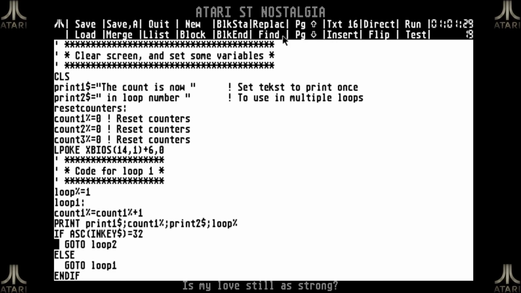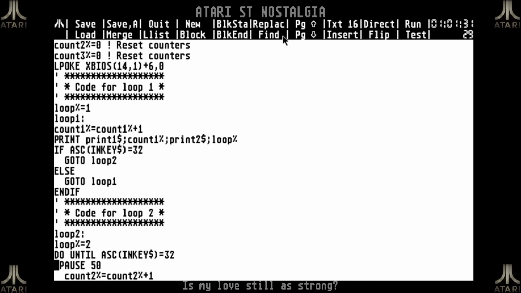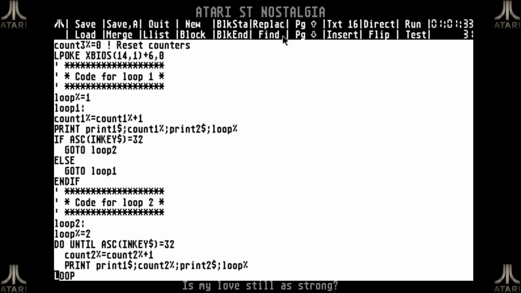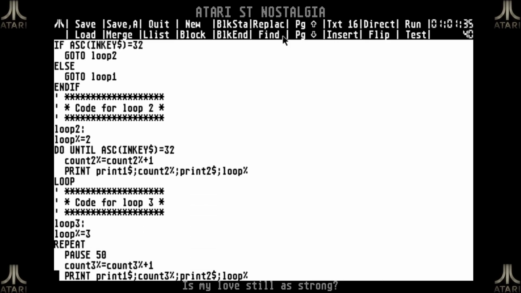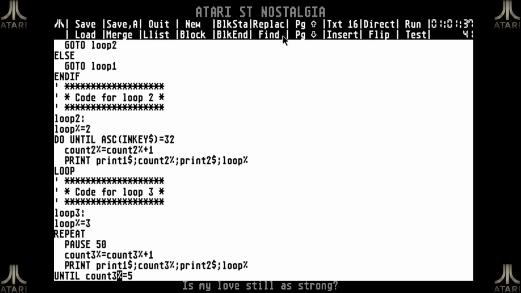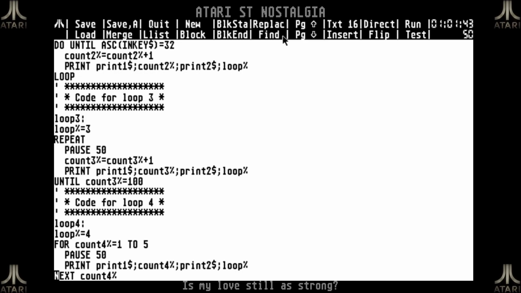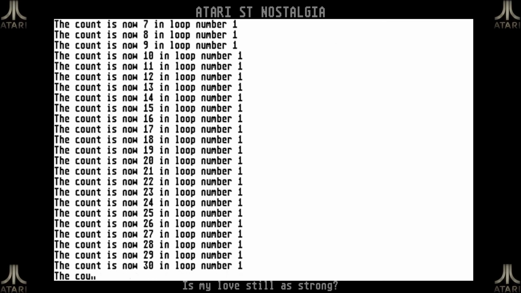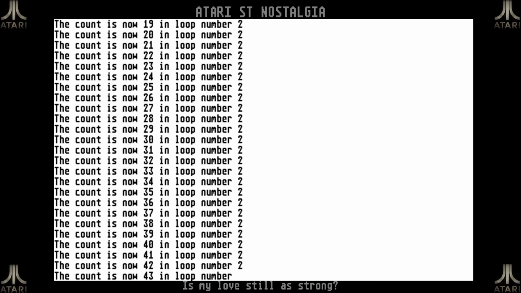I will remove the pauses again because they were just for analyzing stuff. And I will also change this count 3 to 100 again. And for loop 4, I will not count to 5, but I count to 100. So now, if I run the code again, I will do loop number 1 until I press a key. Loop number 2 until I press a key. Loop number